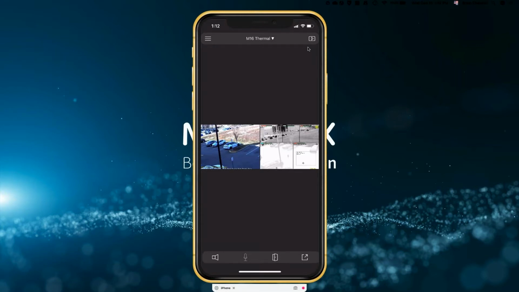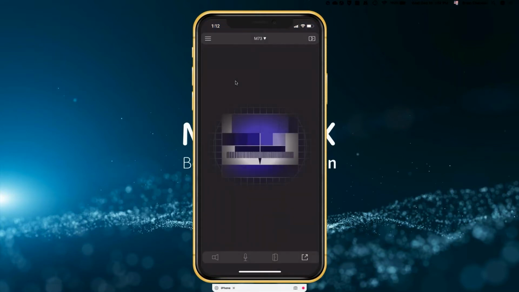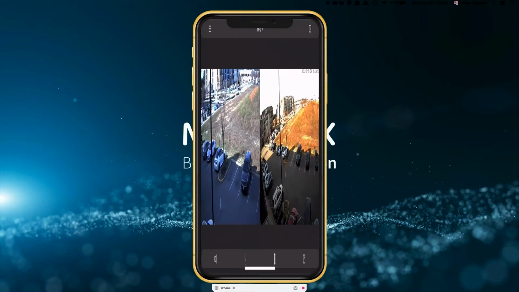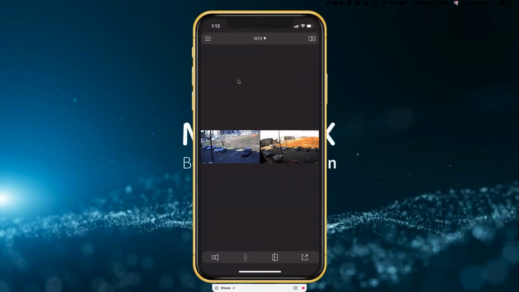Just to reiterate that again, I'm going to go back to the settings here, tap that, and now I'm going to tap my M73 name there, and then it'll pull up the M73 out on the same balcony, almost pointed in the same direction. So again, hold it in landscape, it'll move to landscape, and so forth.